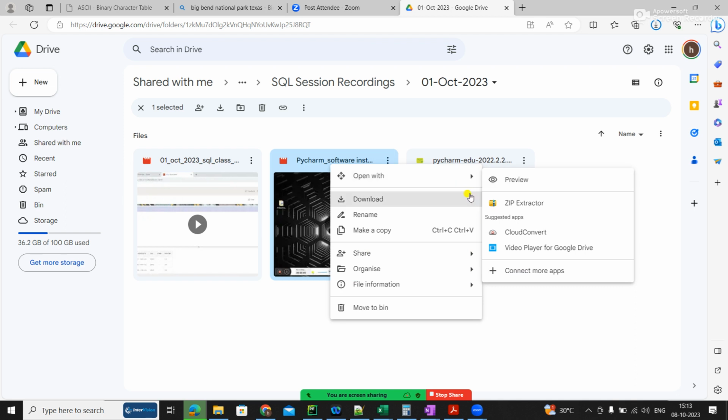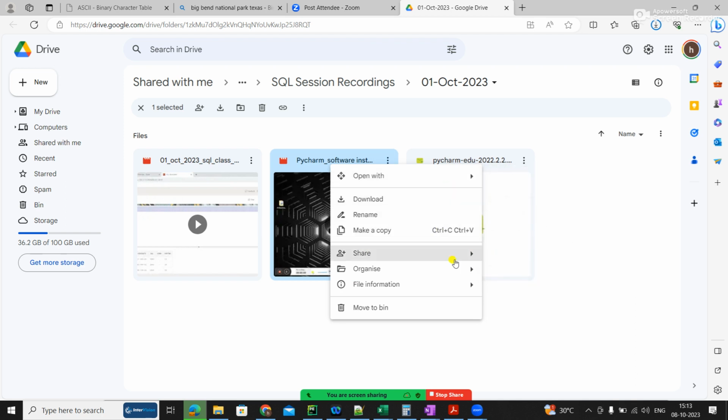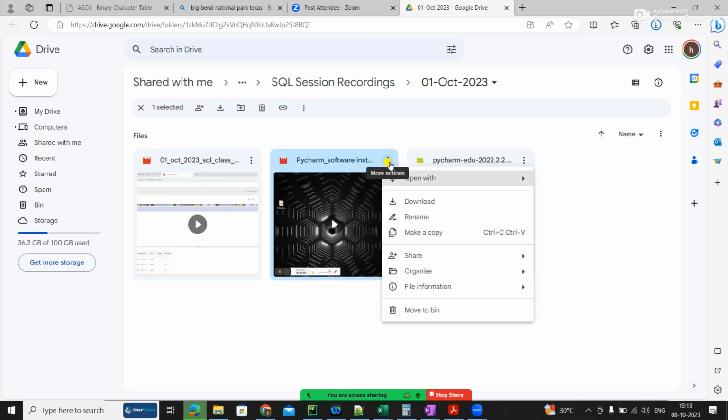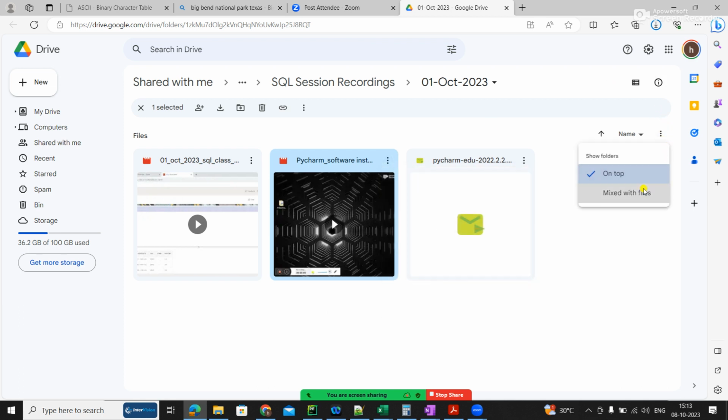So where is the access? The right side, three dots are there, right corner. Within the folder. Right, three dots, corner. Right of the page. Okay, yes. You can go somewhere. There is a three dot again at the top.